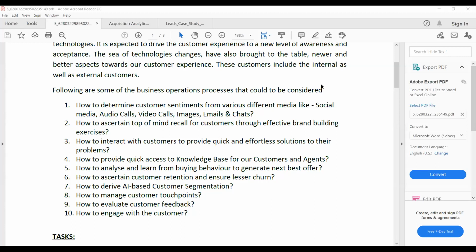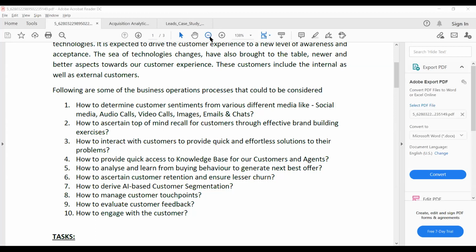We can wait for another couple of minutes so that everybody can join. Still, we have very less strength so far.